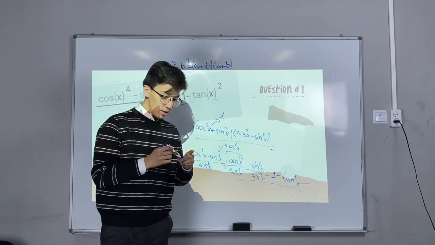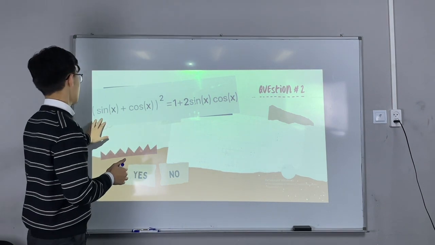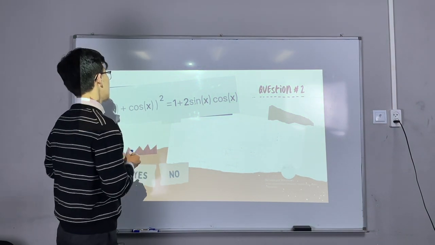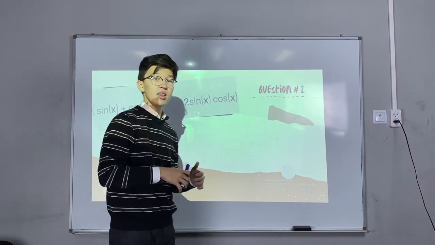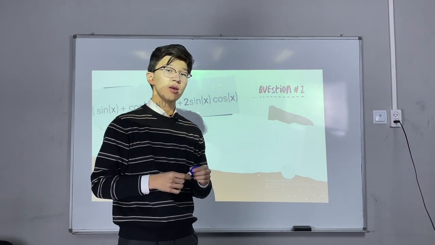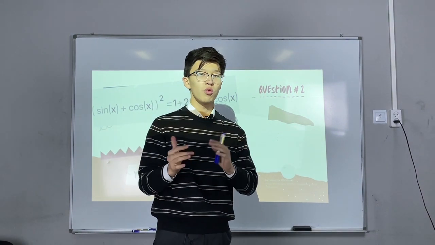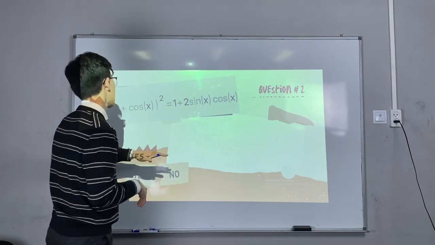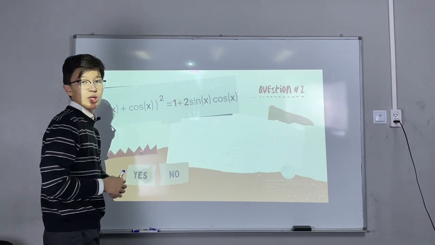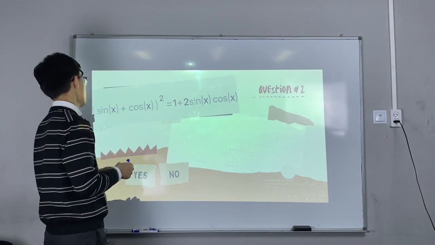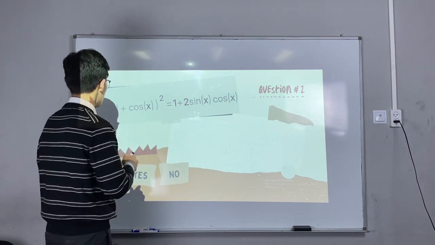And here, let's consider the second example. Here we can see sin x and cosine x and the square, just as in the previous example. We have to work only with one side of our equation. It will be pretty easy to work with the left side of our equation, and by the formula which we passed in the 7th grade, we can write